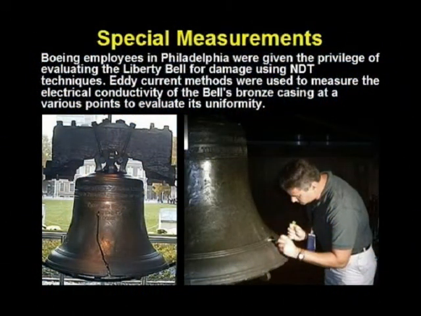The Liberty Bell has been the subject of a couple special NDT inspections. Hal Dunnigan applied acoustic emission sensors to the Bell when it was first moved to Philadelphia to detect any damage during transit. More recently, on April 6, 2001, during a regular tour, a man suddenly began to attack the Liberty Bell with a hammer. A Park Service ranger had to tackle the man to end the assault. It was reported that there was minimal damage to the Bell, which weighs over 2,000 pounds. However, there was enough concern about damage for the National Park Service to call in experts from Boeing to perform